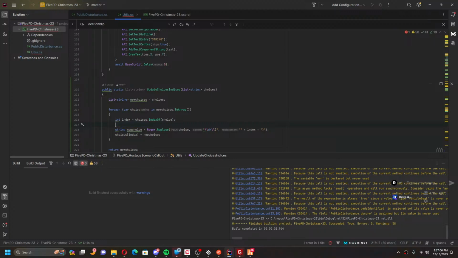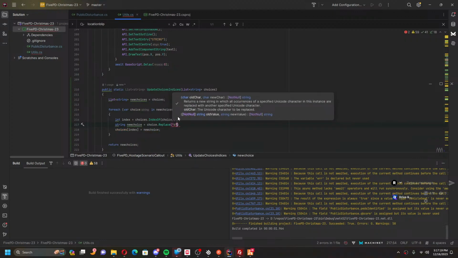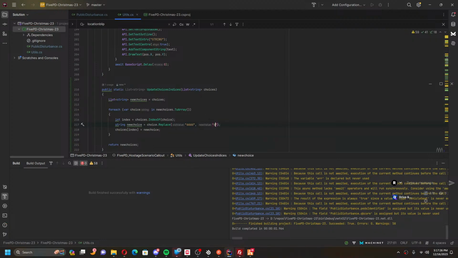So instead of doing this, what I'll do is this instead. Choice dot replace. Hopefully this will work. Yeah, that works. Okay, so